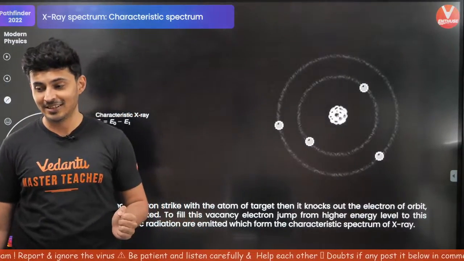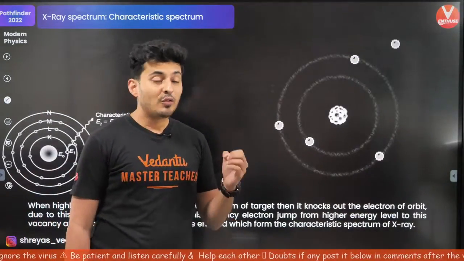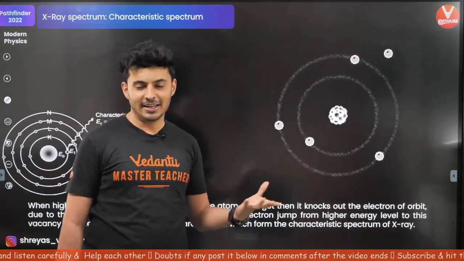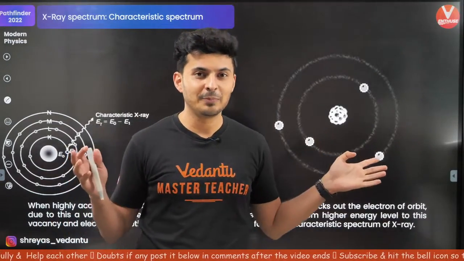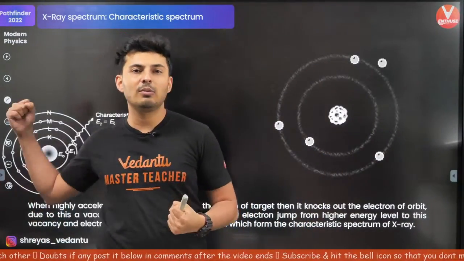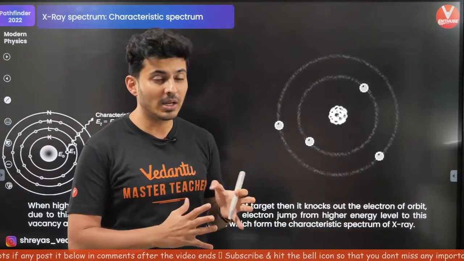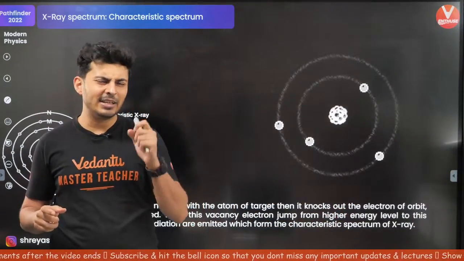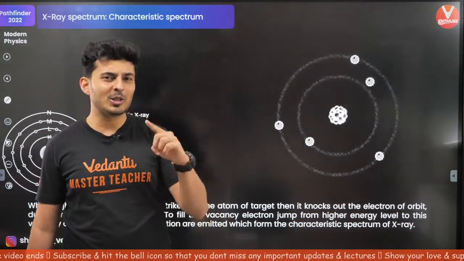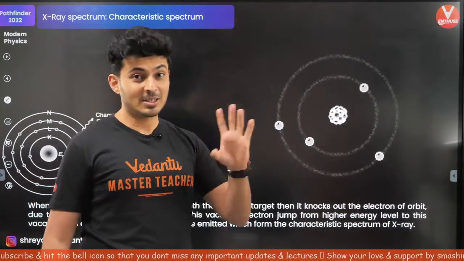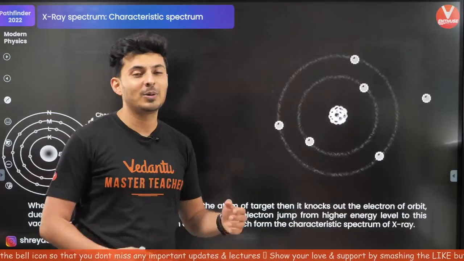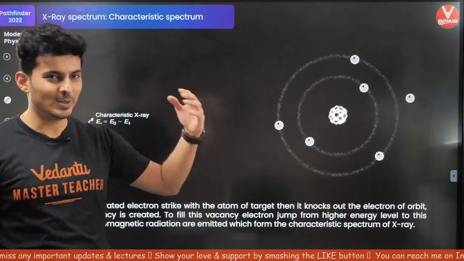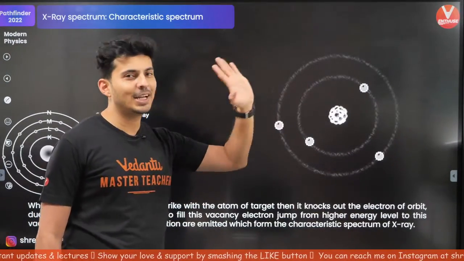Very interesting question, Kiran. For reaching the proton, it requires even higher energy, that is called fission. When you bombard it with very high energy and it reaches the nucleus, it might even explode, it might split the nucleus. But the electron has very small mass, so the chances are less; that is possible using neutrons. So you can split the nucleus and have a fission reaction just by giving it very high energy. But here that energy is not so high. It's just enough to knock out an electron in the inner shells.